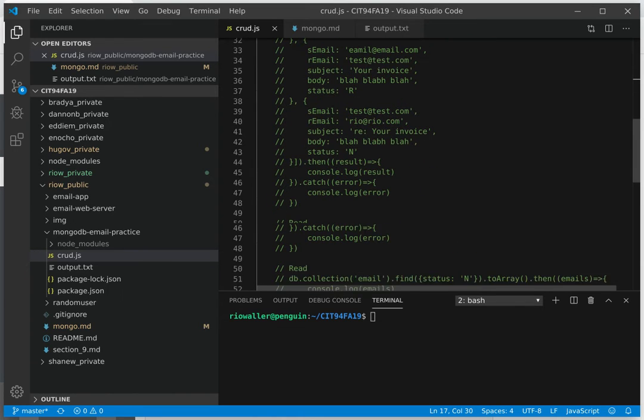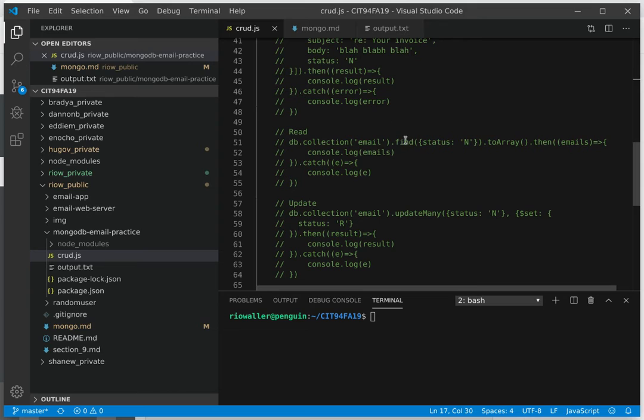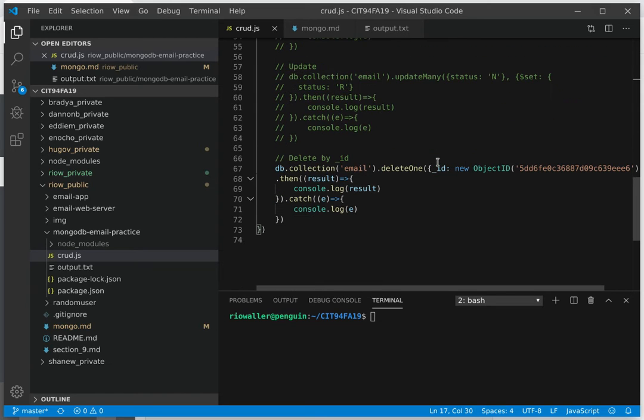Insert would be the create. And then, by the way, the reason, because what you typically do is you create, because this makes sense, you have to create the data, then you can read the data. And I did find, and I use status to find, like the equivalent of what he did with compare. And then I did an update, and then the last thing I did was a delete. So the update was many, and I said where I found status new,